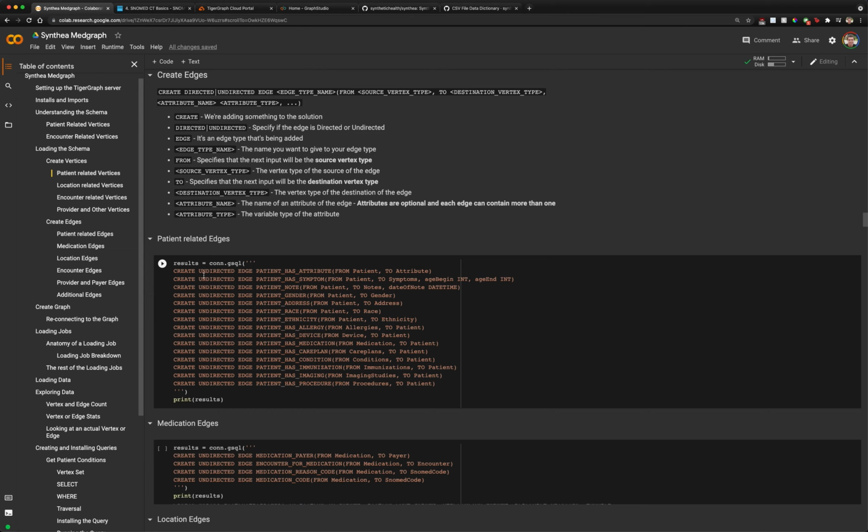So edges, one of the things that differs with them is that they can be directed or undirected. A directed edge implies a directional relationship between nodes, something like ownership. So if a person owned a car, that would be a directed edge. The person owns the car. The car does not own the person. So you can't really